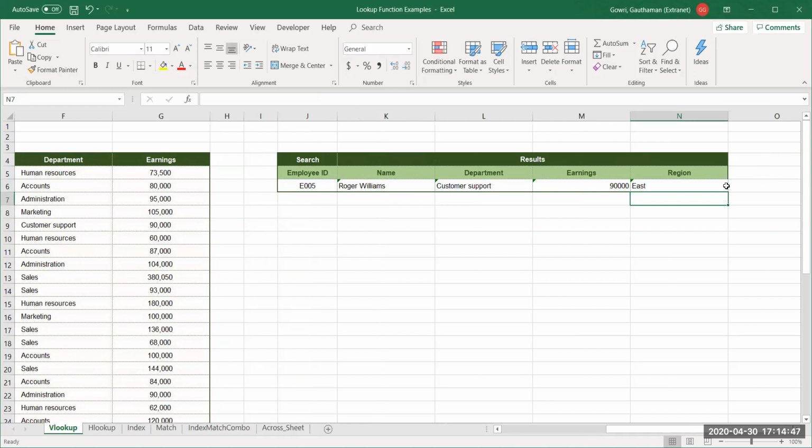So this again, going to each cell and changing the column index number is a tedious task. So what if you have hundreds of columns? You can't keep counting for it. So we have another function known as match. So let me teach you HLOOKUP, and then there are index and match functions. When I teach you match, I'll show you how to implement it in VLOOKUP.